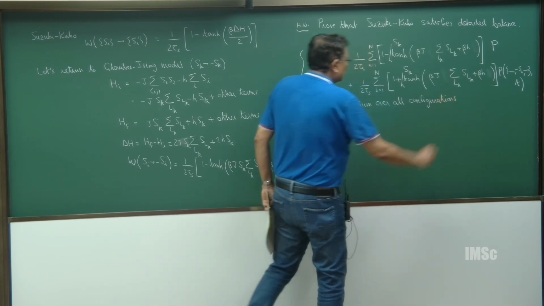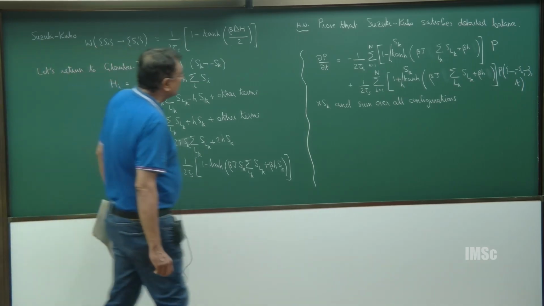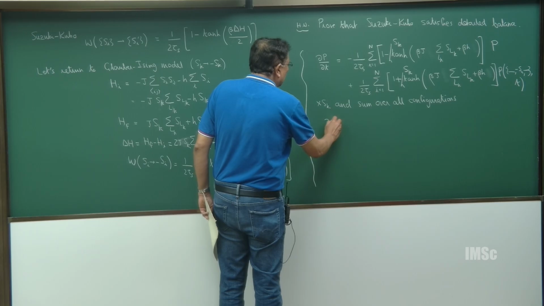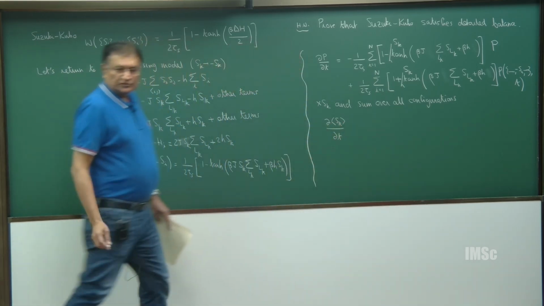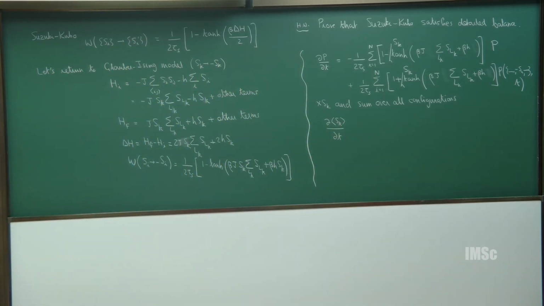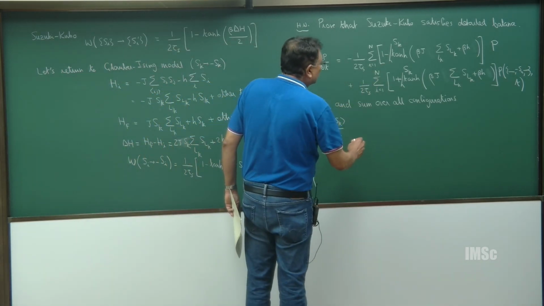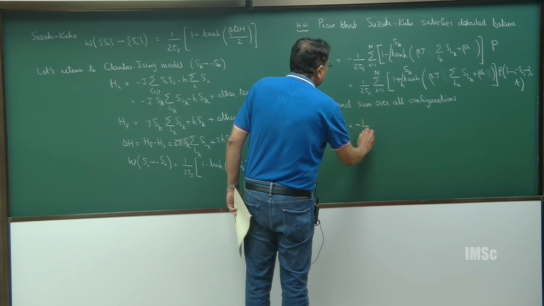Another 10 minutes and we should be at our final equation. This left-hand side is just going to become del of the average of S_k by del t, the evolution of the magnetization. The right side looks a bit complicated, but it will simplify. It is minus 1 over 2 tau s